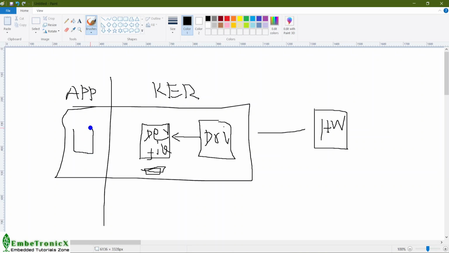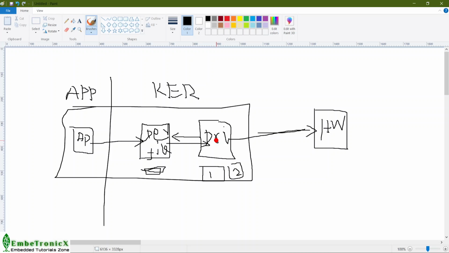When the application wants to talk to the hardware, it will open the device file and writes or reads it. Then the device file finds a corresponding driver and communicates with it. Finally, the driver talks to the real hardware. This is how it goes. Here, when the application is opening the device file, there will be many drivers in the Linux system. Driver 1, driver 2 like that. How does the device file find a corresponding driver?